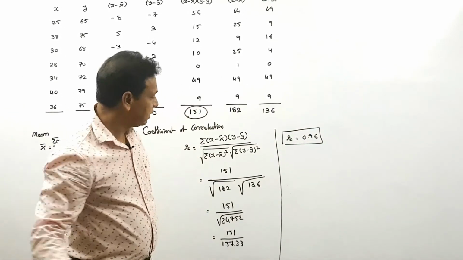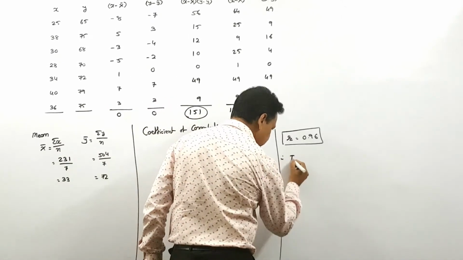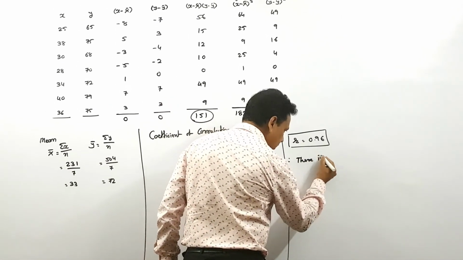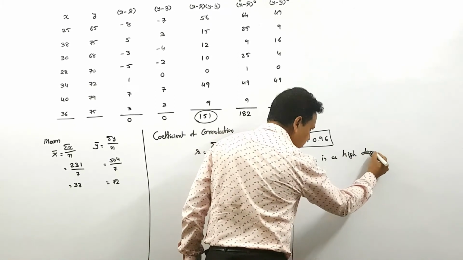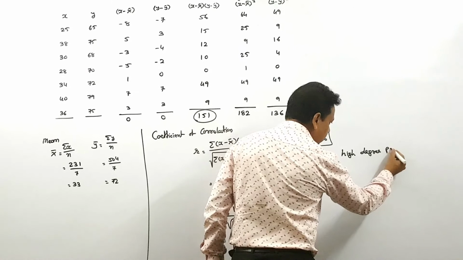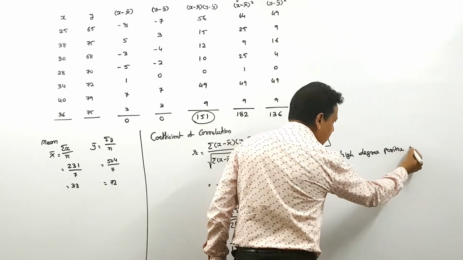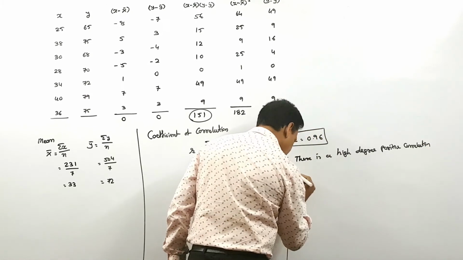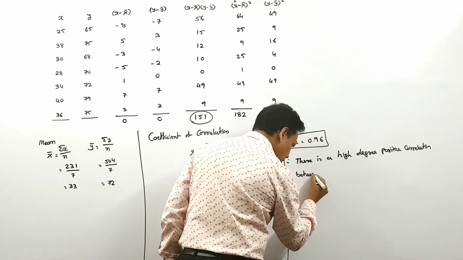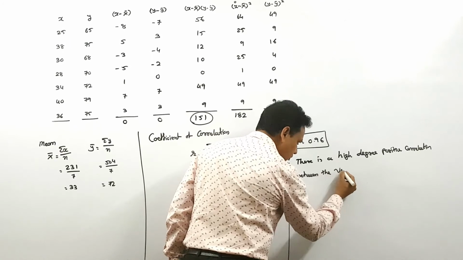यहाँ पे हम लोग आंसर लिख देंगे। So therefore, that is a high degree positive correlation between the variables।